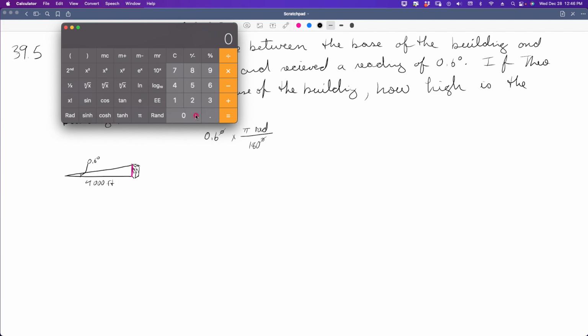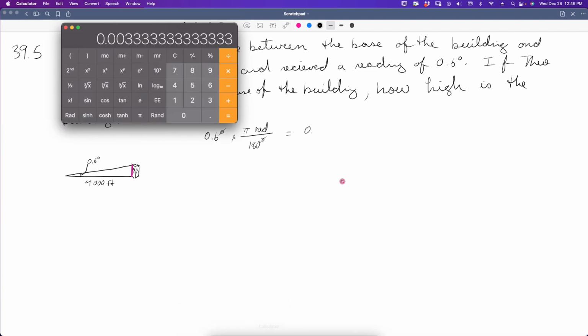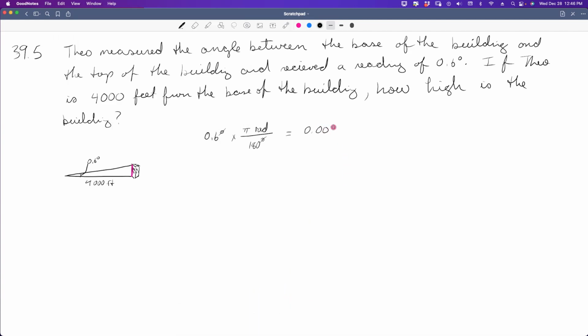So we would have 0.6 divided by 180. So that would equal 0.00333333 pi radians. Okay, so let's write that down first. That would be 0.003, with the 3 repeating,